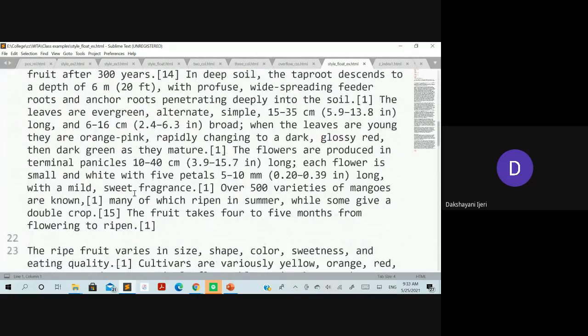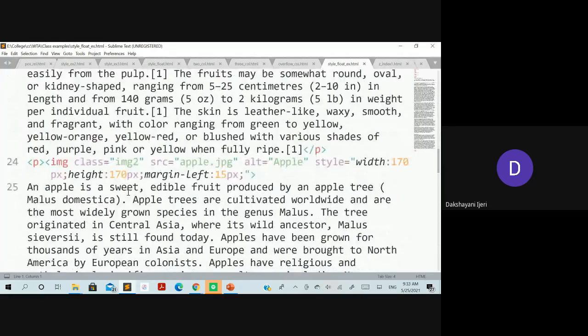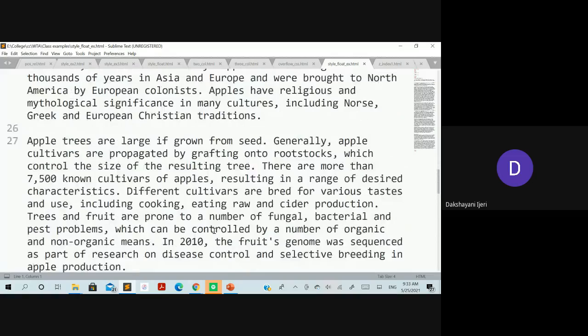And one more image element has been taken at the last, for which the class has been applied with the image two property. That means this image has to be fixed at the left position. So the one earlier has to be fixed at the right position, this one at the left position, and the rest of the content has to flow around it.